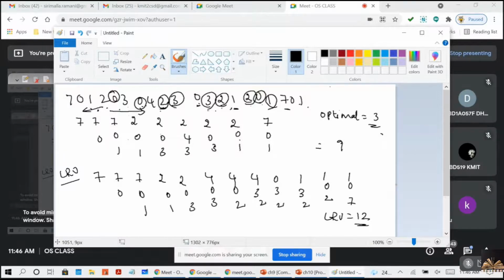page references. Here we can see, if you take the 7th page, it was called 2 times. If you take the 0th page, it was called 6 times. So that way it will maintain the count. And if it is using this least frequently used method, the page whose count is very less will be replaced. And then most frequently used.